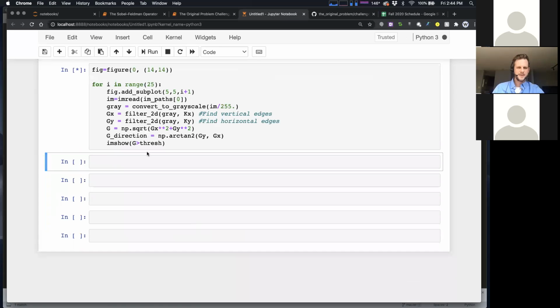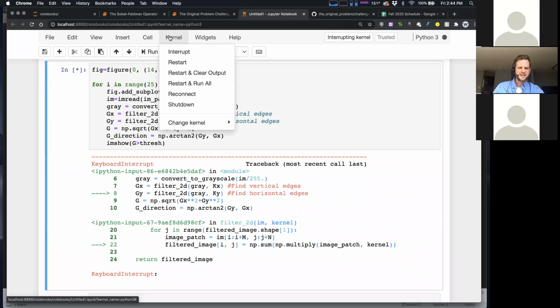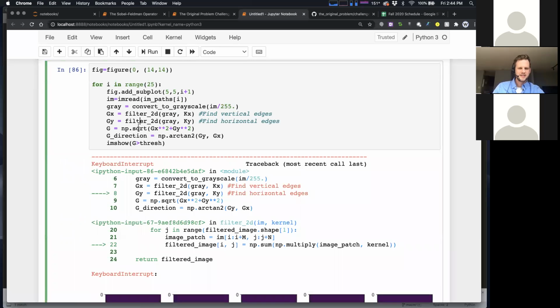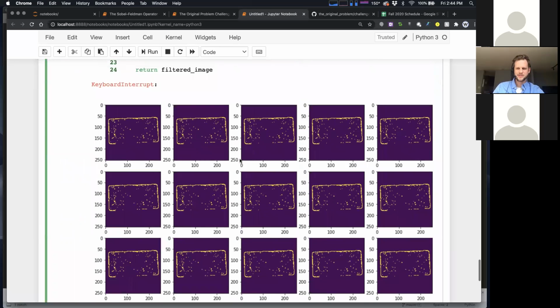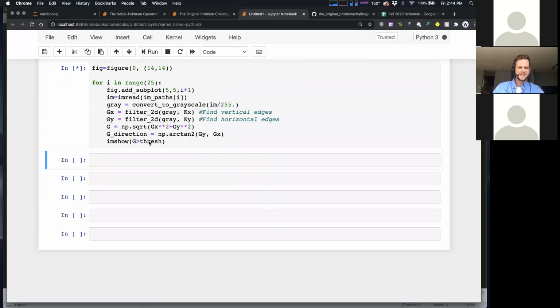It might take a second to run. I just want to see how well this one threshold does across 25 different images. Let's see. Oops, I found a bug in my code. I wasn't taking I. That would be running the same image again and again and again. All right, I just processed the same image over and over again. All right, let's try this again. So at the threshold of 0.5, I want to see how well we do across a range of 25 images.